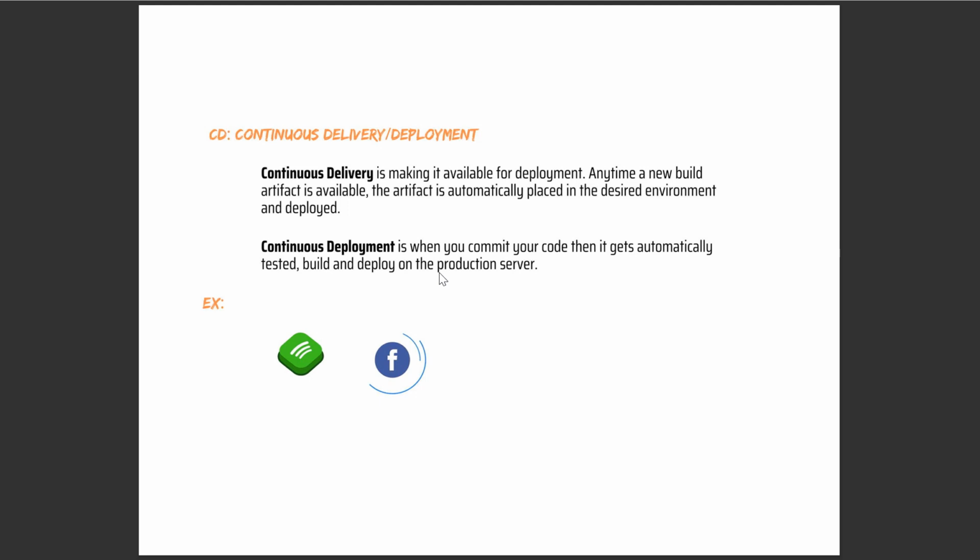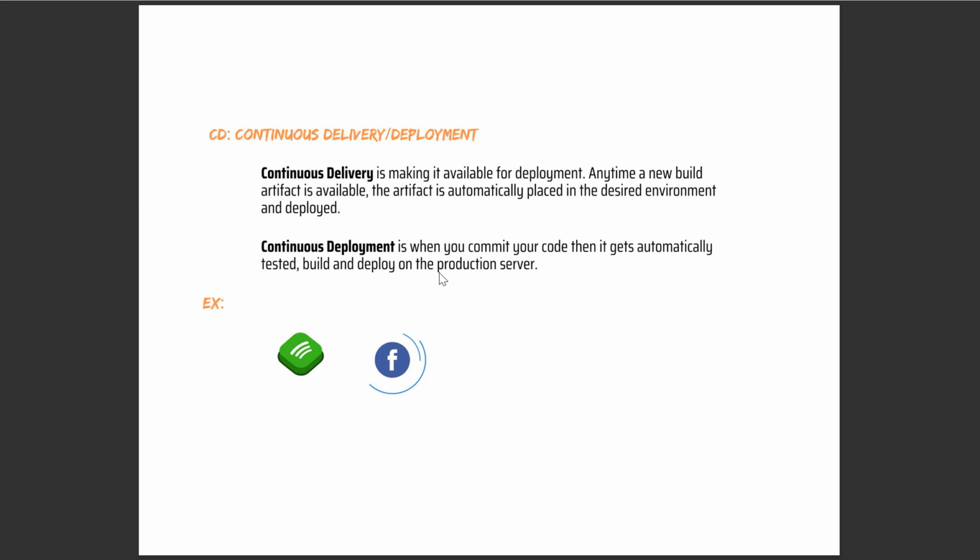If you think about the CI/CD pipeline, there are two things: one is continuous delivery and the other is continuous deployment. In continuous delivery, if there is any manual approval required before deploying the artifact into the desired environment, then it is called continuous delivery. Suppose